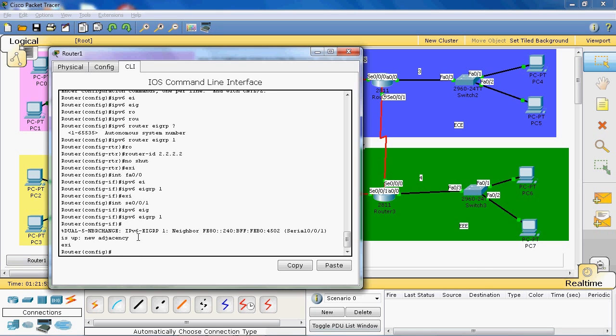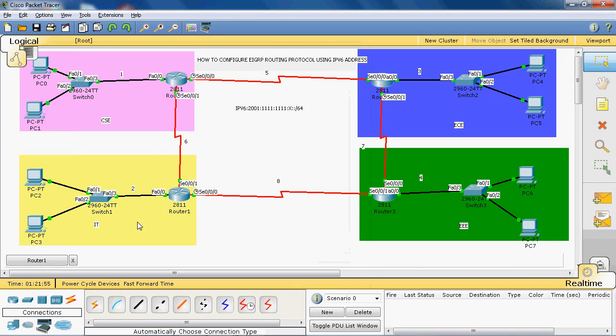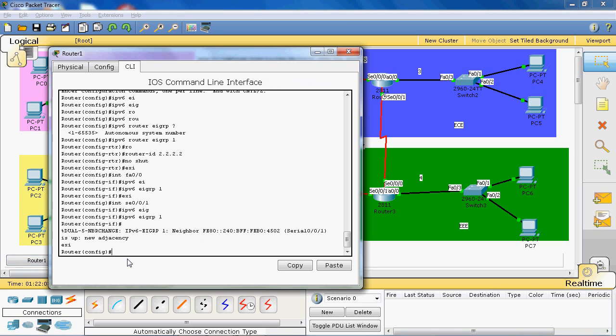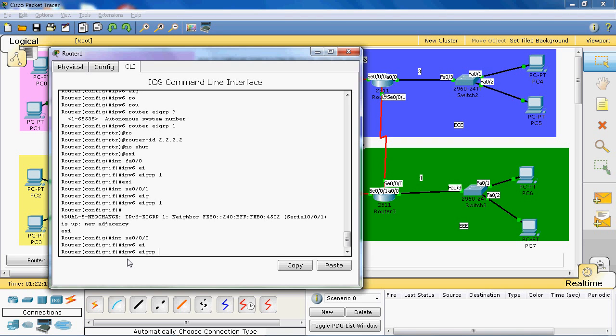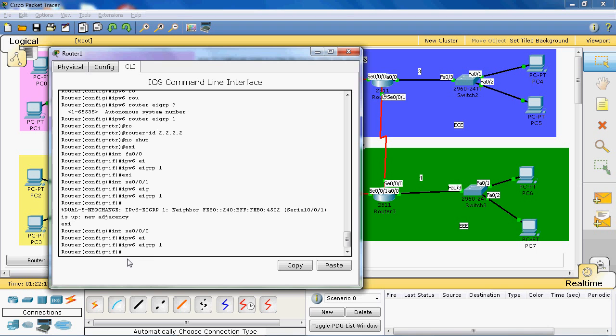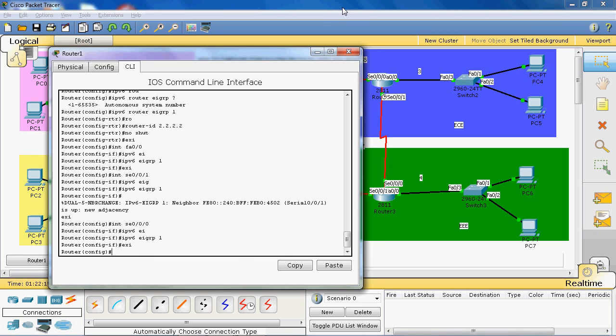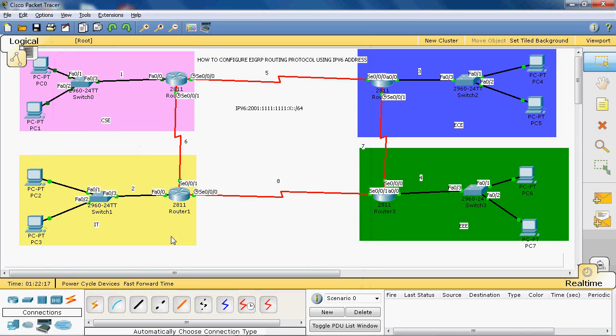Here we can see the neighbor relationship has been formed. Now we can enable the EIGRP routing protocol on serial interface 0/0/0. So we go to that particular interface serial 0/0/0, ipv6 eigrp, the autonomous system number is 1. Exit. Okay, in the IT department also we can configure the EIGRP